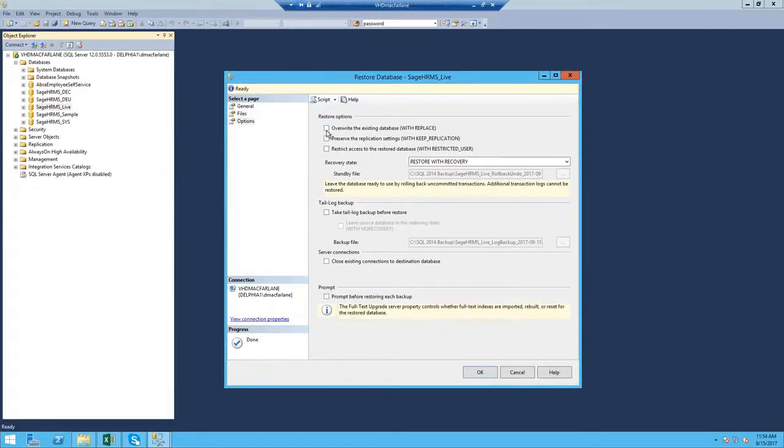We're going to say we want to overwrite the existing database because we do not want to append into the database. We don't want to basically smash two data sets into the same database. And we're going to go ahead and click OK. You'll see the progress is turning down here, and it should be